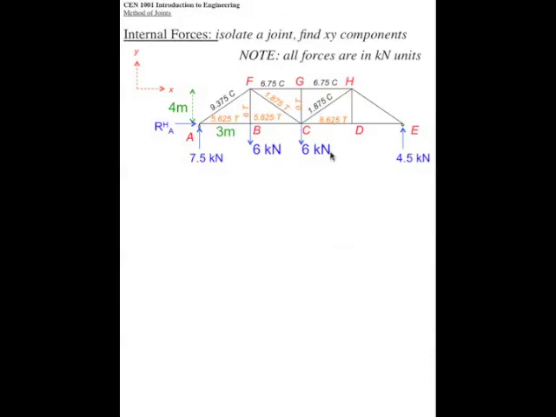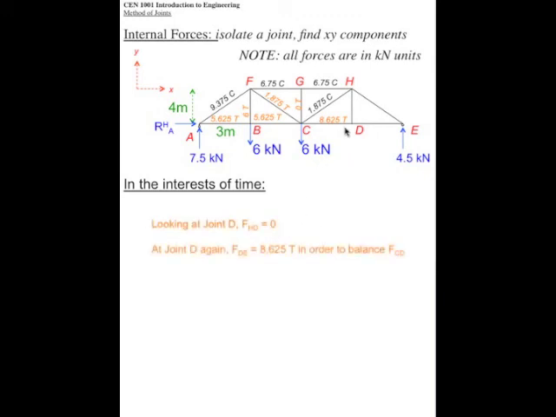There we are. So now, in the interest of time, we're just going to talk through these last couple. First of all, if we look at point D, there are no vertical forces other than this member here, HD, so that means it's got to be 0. If we look at joint D again, this force here has to compensate this force, therefore it's got to be 8.625 in tension to balance this one out. And then finally,